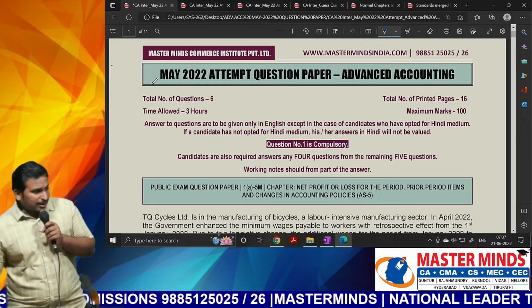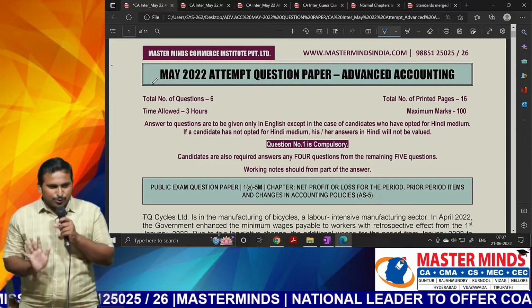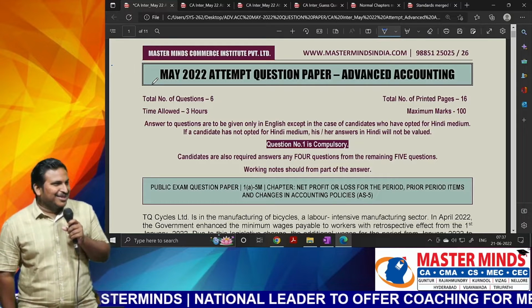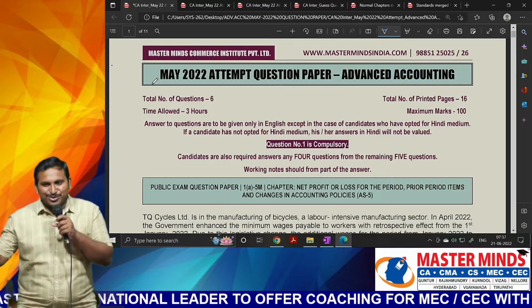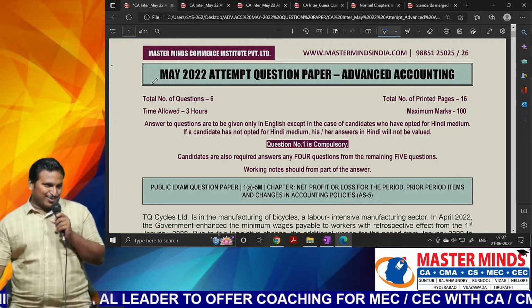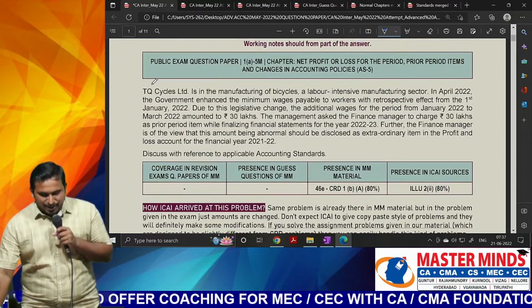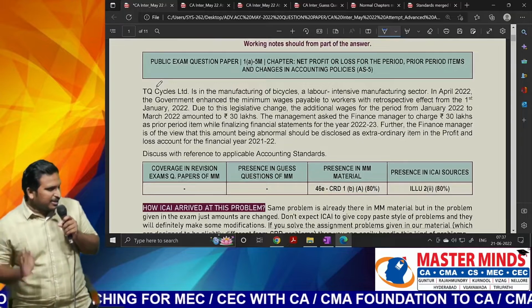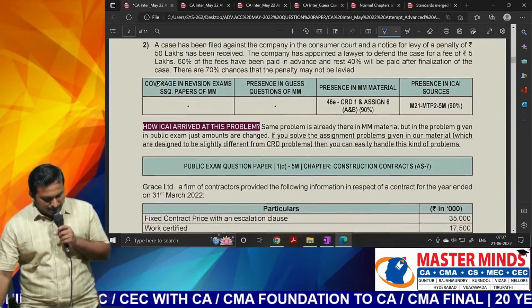Before that, let me tell you one point. This is one of the very good recent question papers, which shows question by question that conceptual clarity is very, very important. I'll show you slowly. First, let me start with the normal chapters. Question number 1 is always standards. We'll come back to the standards at the end.